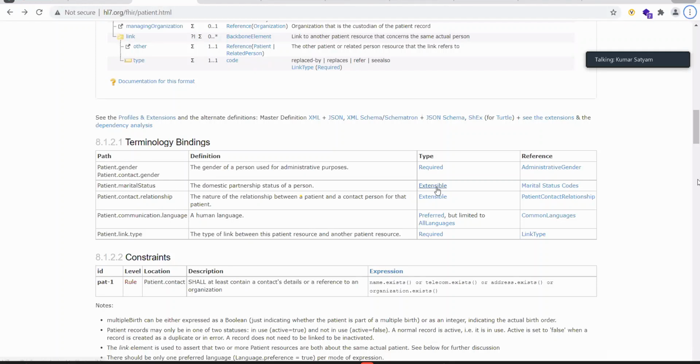You're getting how to read this? So for patient gender, the binding strength is required, and it is bound to a value set called administrative gender. So your values for patient gender should always come from administrative gender. Okay, understood? Now for marital status,